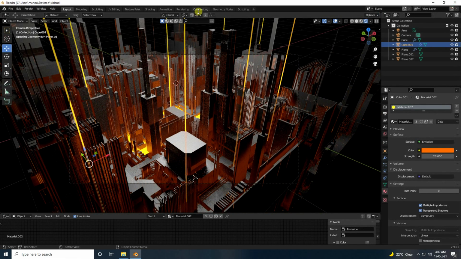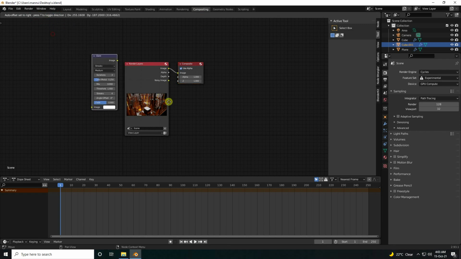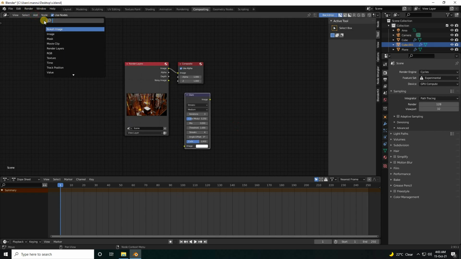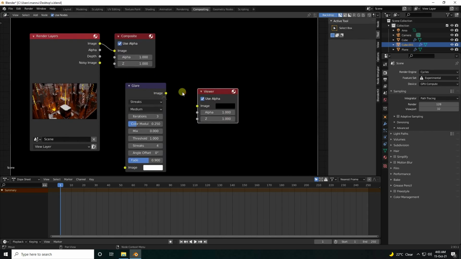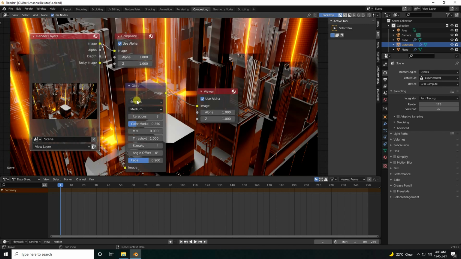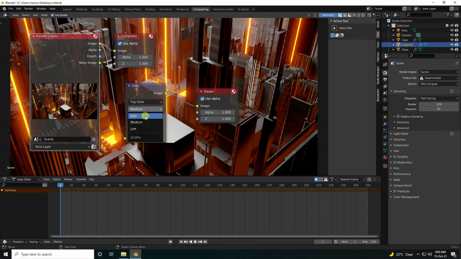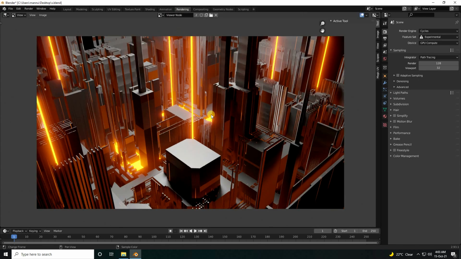So close and go to compositing, use node and use glare effect, glare, and second one viewer node. So closer, guys, glare connect with image and this image connect with glare, simple. And fog, use medium to high, and glow effect I use 9, and go to render and use viewer node, this one. Yeah, okay, so see guys, that's my really beautiful material, right?